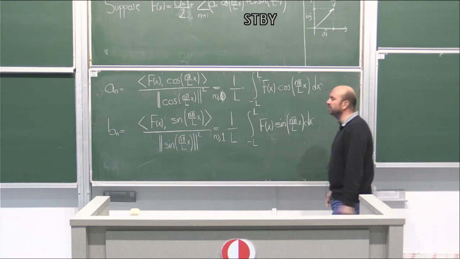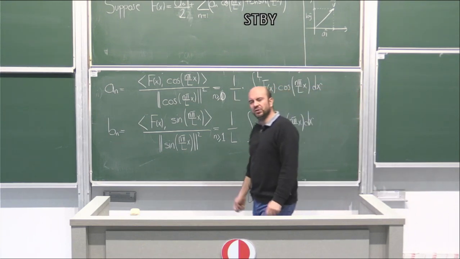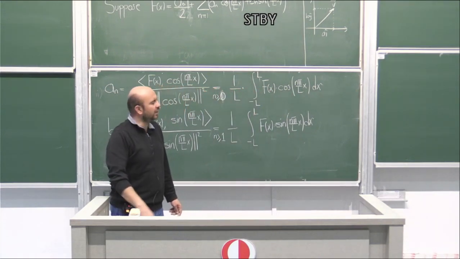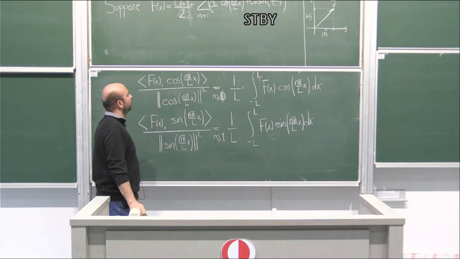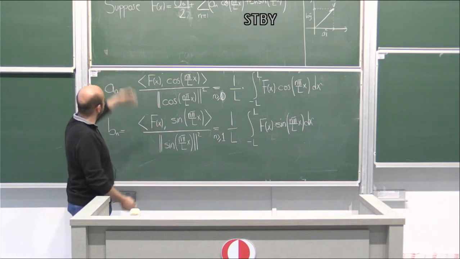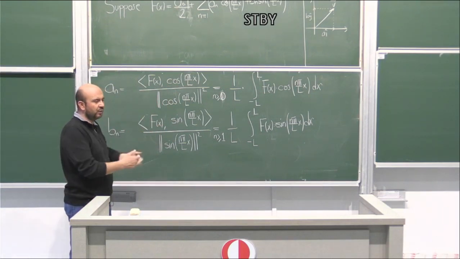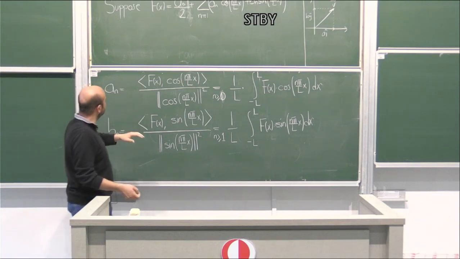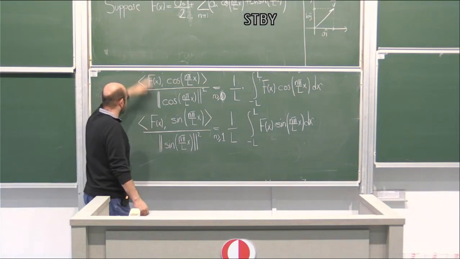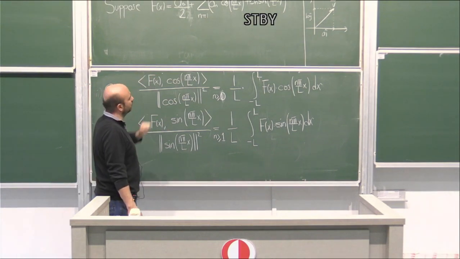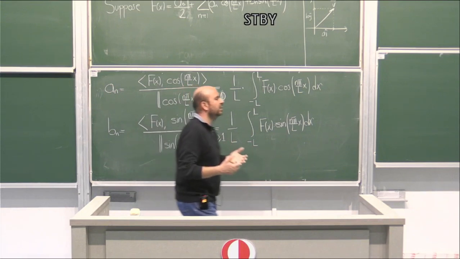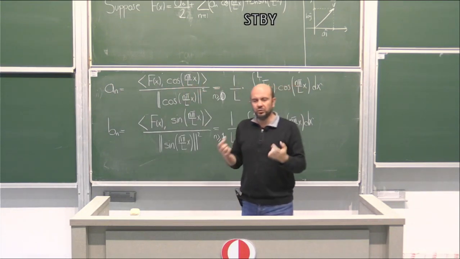But next time we will start with the Fourier convergence theorem, which will actually tell us when we will have a Fourier series. Here we did all these computations under the assumption that we have a Fourier series. And if you have a Fourier series, then by these formulas we can compute the coefficients. So for which functions, at least we must have the condition,